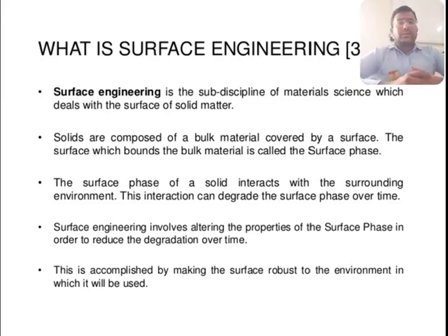After that, if we talk about the different categories of surface engineering, we can say that well-established surface engineering techniques are electroplating, anodizing, surface hardening, carburizing, nitriding, thermal spraying, chemical vapor deposition (CVD), which is the most important topic, and lastly physical vapor deposition (PVD). So these are the main surface engineering categories, in which we will see various types of surface engineering processes.